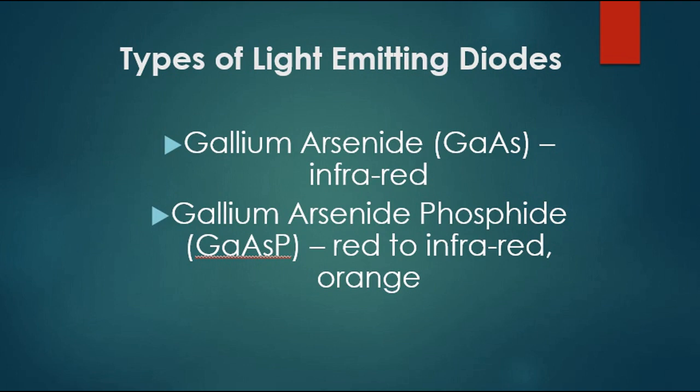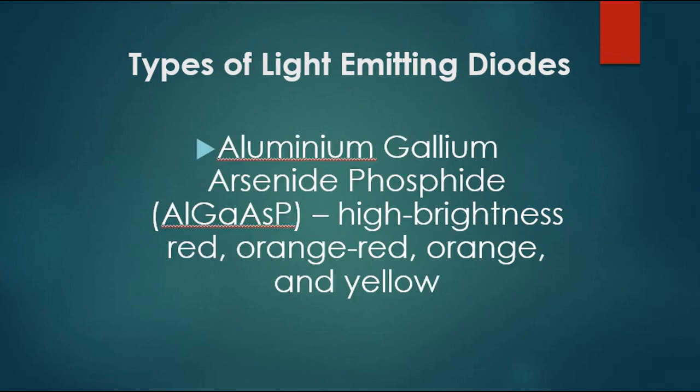It has three elements. It goes from red to infrared, red, orange. Here, it has added another element as it goes up. So in that case, aluminum has been added. Now it has high brightness, red,